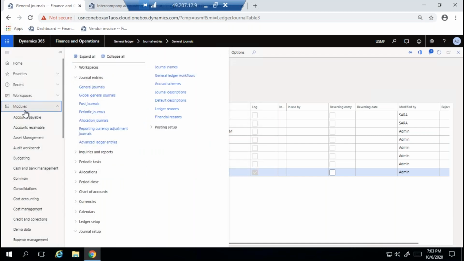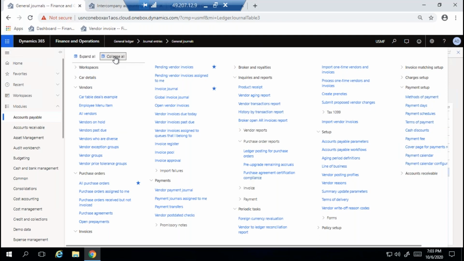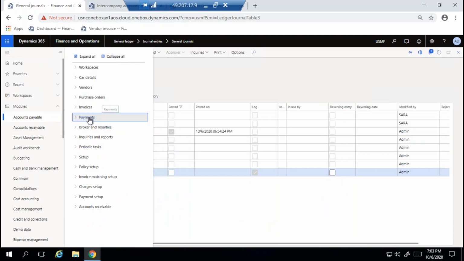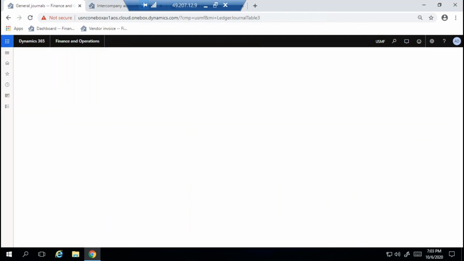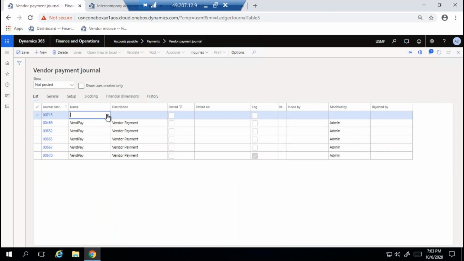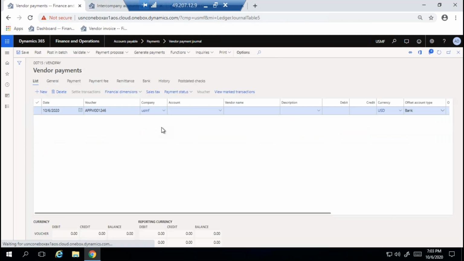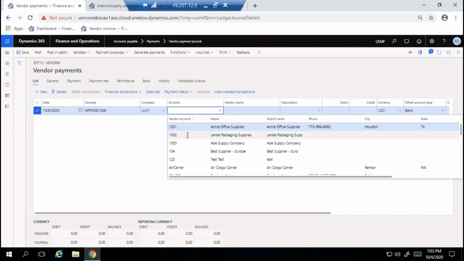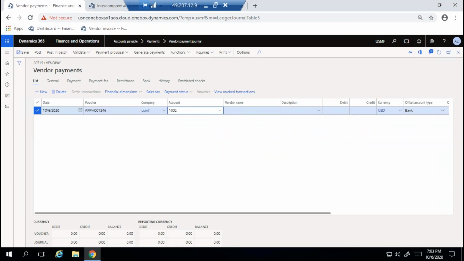So if I go to accounts payable, payments, vendor payment journal, you can click new, select the vendor payment journal, go to lines, select the vendor account, suppose 1002.